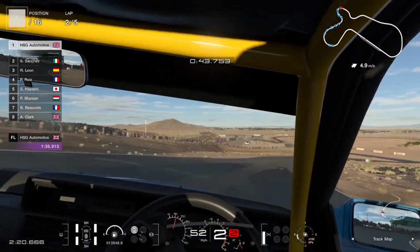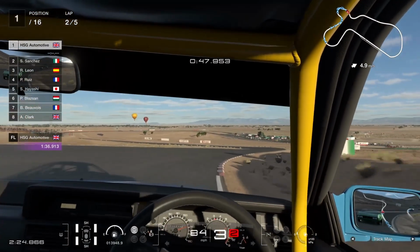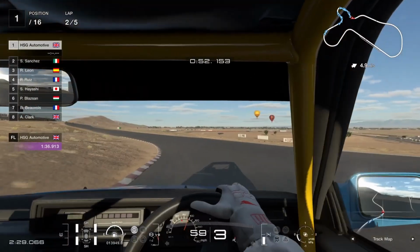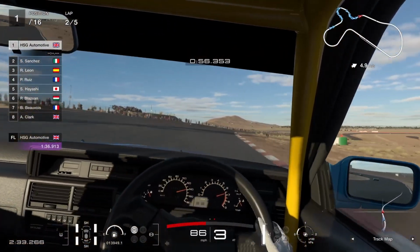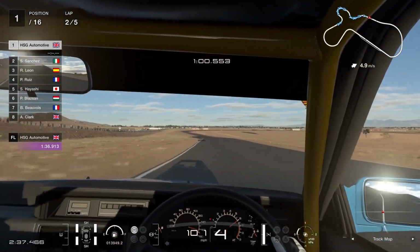You can do the same thing in Forza Horizon 5 as well, and to me, it looks perfect on the car. It's one of those cars where the rest of the proportions already look really good, but it's a little narrow, and bringing them out a bit more with those extended arches, it just suits the car so much, like a touring car and a rally car to me at the same time,